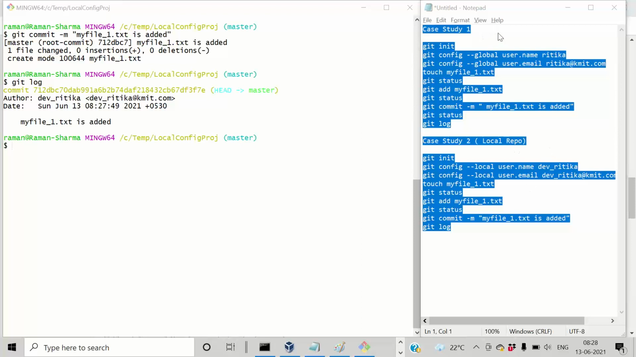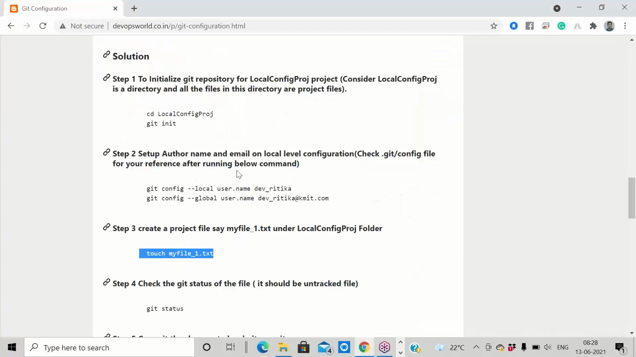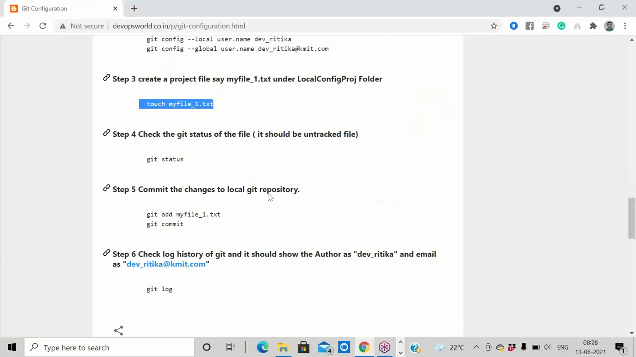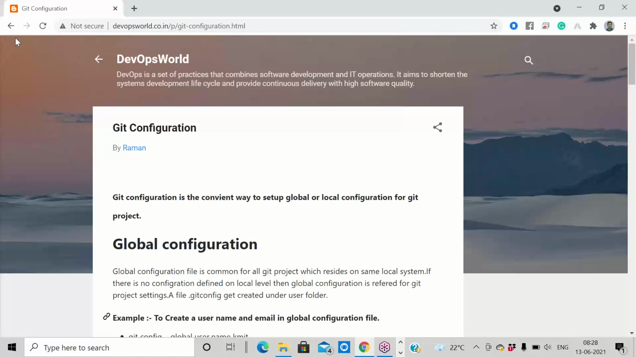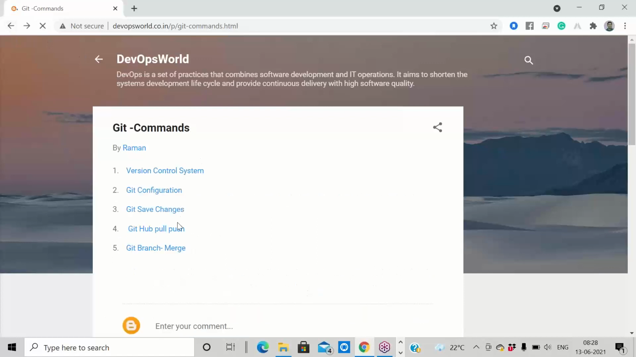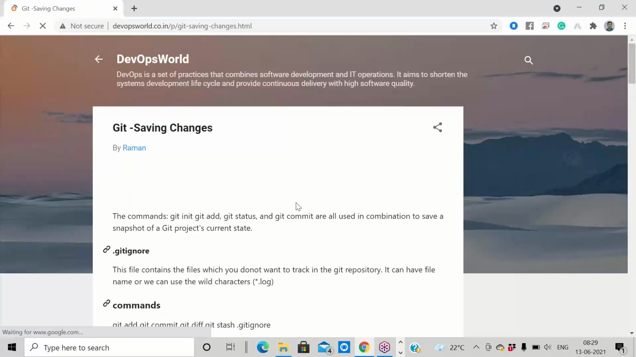Okay. So now let us move further. So this part you can go and check yourself. Now let us move to the next topic, which is Git save changes. Git save changes means, again we are talking about these three things. One is Git